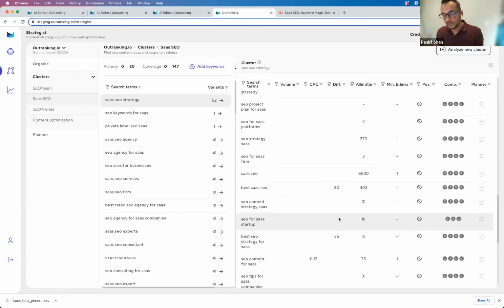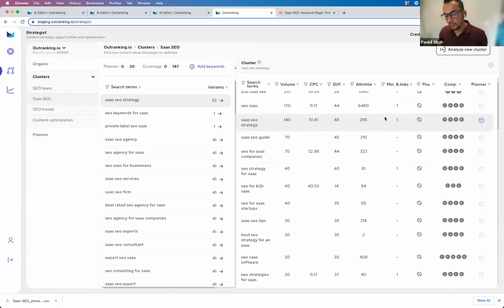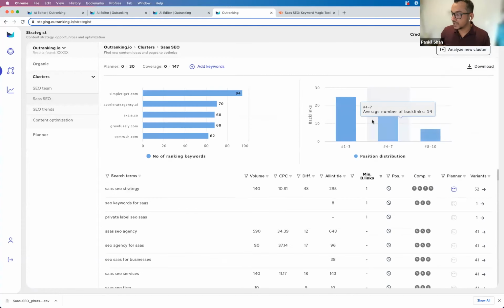Many people tend to lean towards golden keyword ratio, and that's a good factor as well, right? Like, if that's what you are using, you can easily divide your all in title with your volume data and get there as well. But this gives you an accurate representation of what it would look like to rank for a certain keyword. How difficult would it be, how easy it would be, and whether content can do it alone or not. Okay, let's close this out.